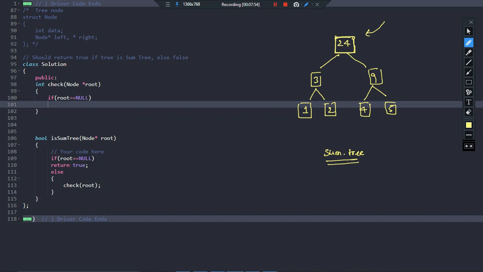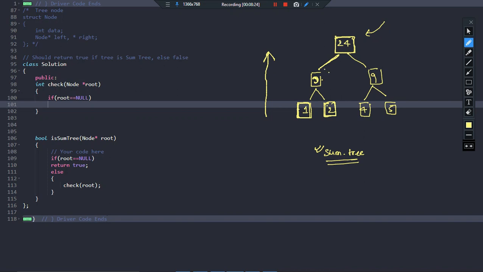You see, first of all, as you saw, while designing this tree, what did I do? I traversed from bottom to up, right? I traveled from bottom to up while designing this tree to make sure that the tree is satisfying the sum tree criteria. That means I started with the leaf node, and then I added these two values and compared it with this value. So if this value remains the same, which means it is fine, then I will return what? The sum of this subtree to this node.